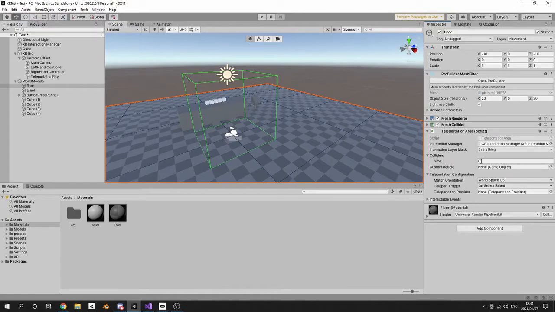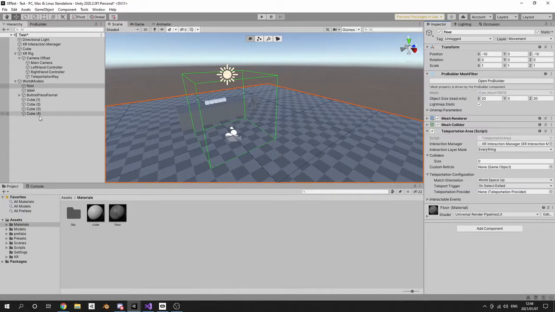As you can see, there's no colliders in the system, but if you use the teleportation area on the same game object as the collider, it will automatically add the collider to the list. But if you have multiple colliders and you don't want to make multiple scripts, you can